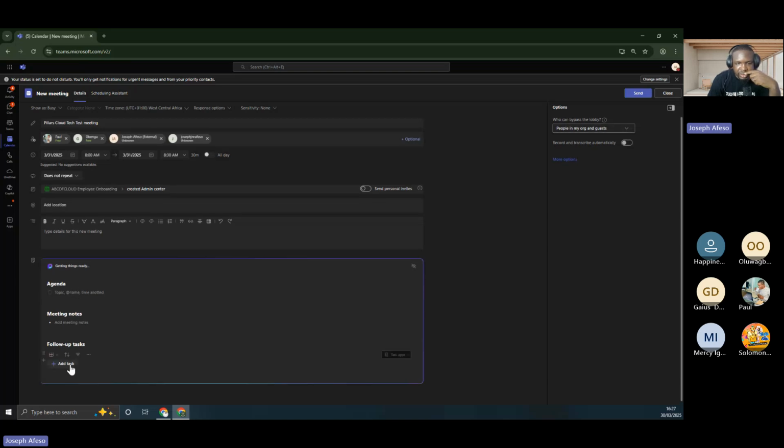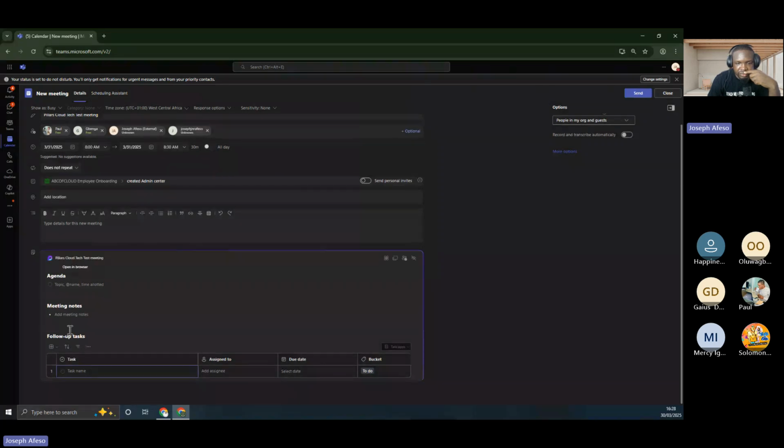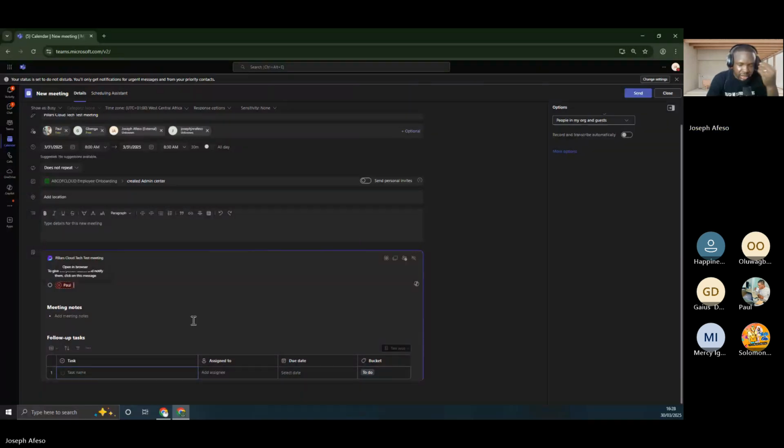This is where you're going to add a task, and assign it to people within the meeting, if you want to put a follow-up task on it. Then for the meeting notes, it will always come up here. Then for the agenda, here's what you want to list. And if there's anybody within the meeting that you want to give a particular function to, you can just say, okay, this particular topic, Paul will handle, this one this person will handle, so that there'll be a very nice flow. And this actually leverages on the Microsoft Loop. So that's how that is.